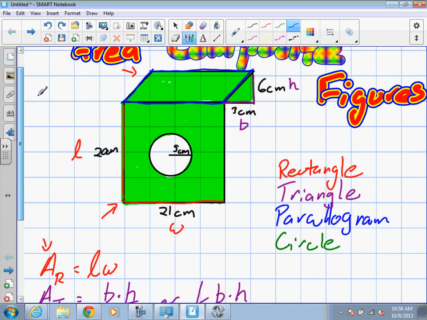Now, they haven't really given us a lot of information. What's the base? 21. That's right, because we know the rectangle is 21. We know that this distance is 21 centimeters. What's the height of it? That's right, because of our triangle over here, we know the height of this is 6 centimeters. So we use the other shapes to help us find information about that. And finally,